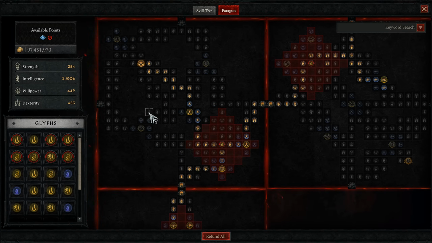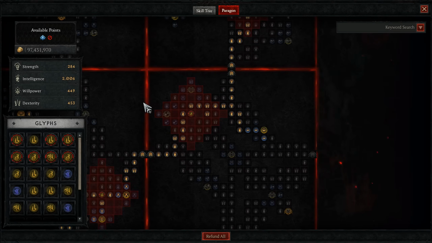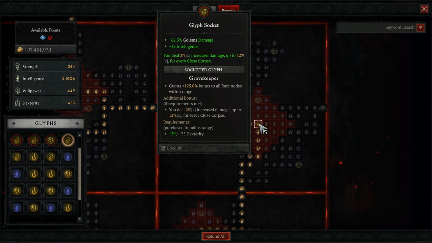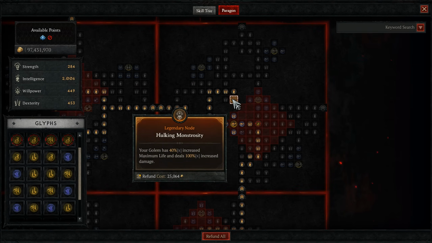We have Dead Razor for our Cult Leader board, and Cult Leader is amazing, by the way. This is also where we get a shit ton of damage. Then we also have Essence in our third board, and this third board is going to be Bone Graft. Then we have Gravekeeper on this board, and this is going to be the Hulking Monstrosity board, another great board